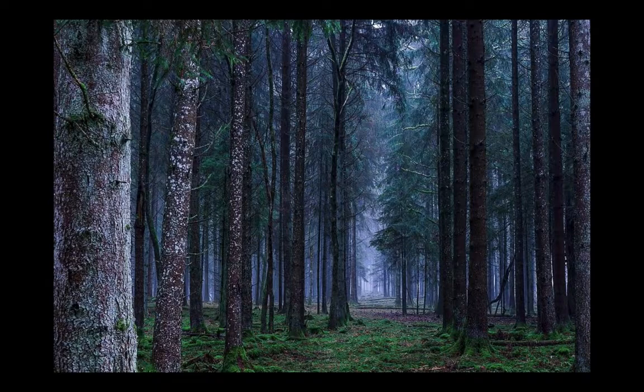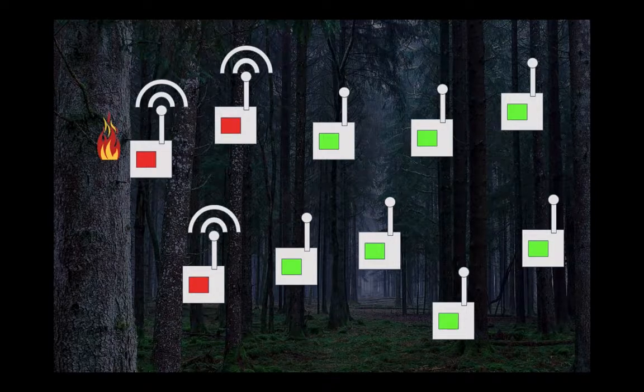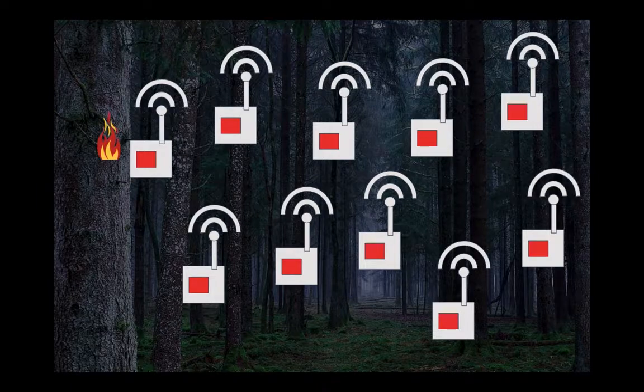Imagine we're in this beautiful forest, and there's a network of sensors sitting there. They can communicate with each other by radio. Suddenly, one of them detects a fire nearby and sends out a signal. The signal is picked up by other sensors nearby and forwarded on because it's important to get the word out about this fire. So fairly soon everyone knows, and hopefully some kind of appropriate action can be taken.